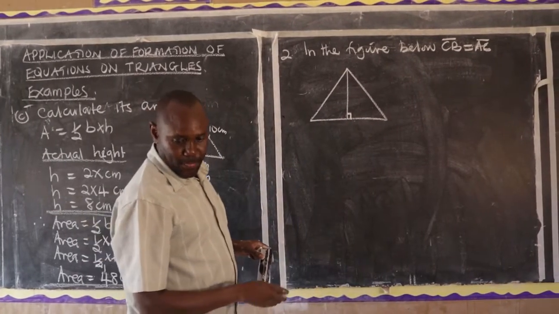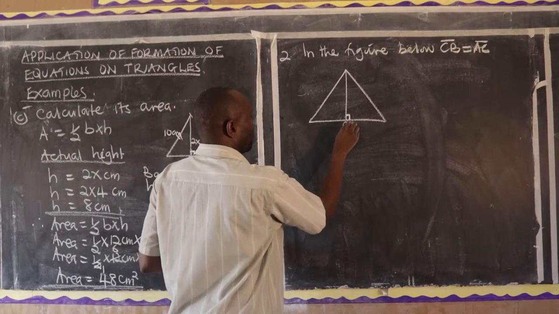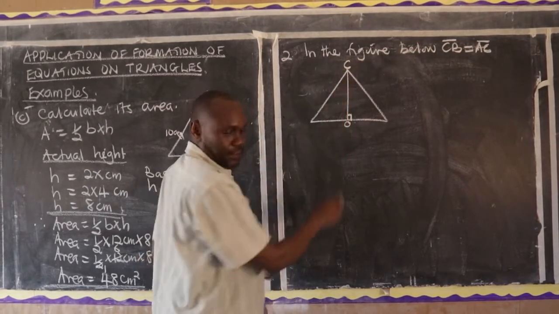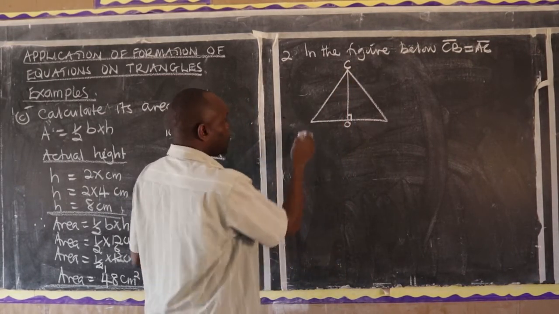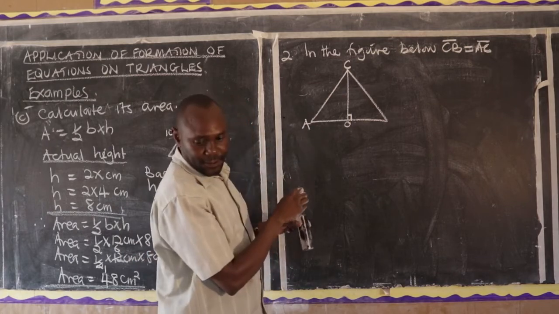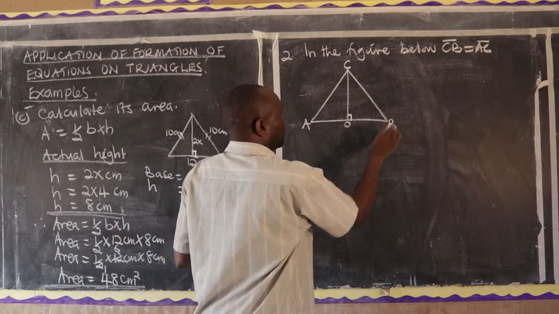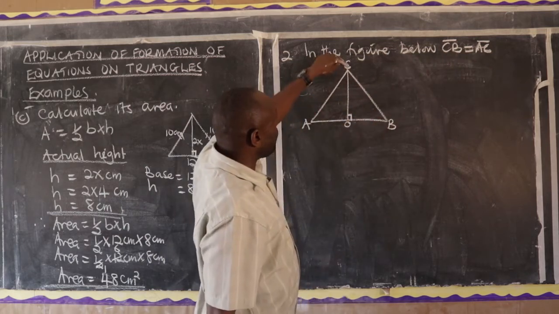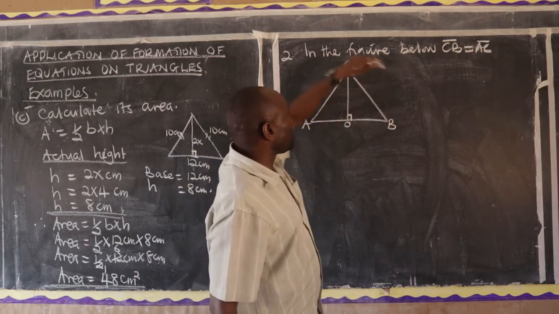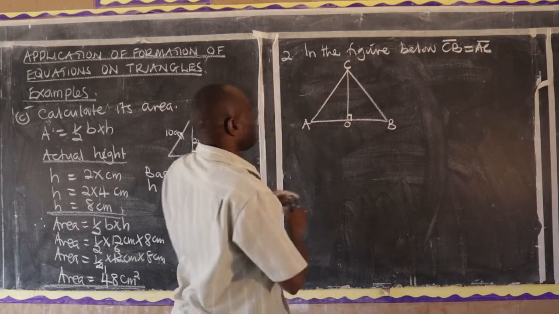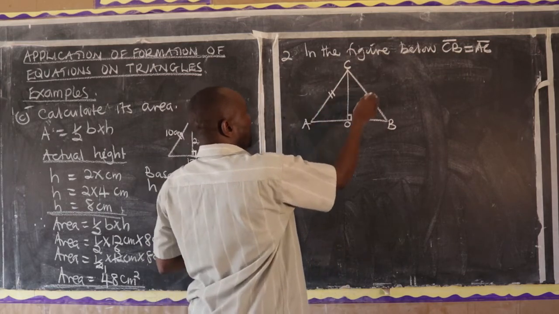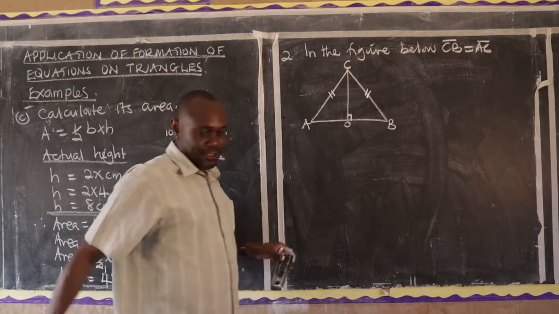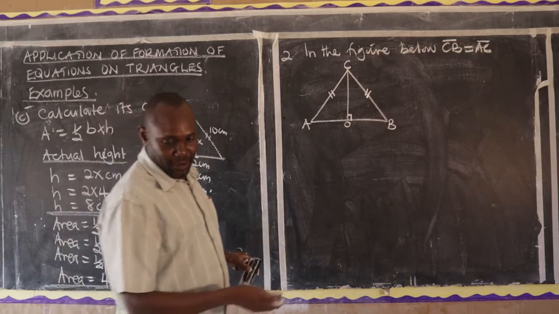This is O, this is C, and this is A, this is B. Remember, they are saying line CB is equal to line AC. So these two lines, this line is equal to that line. So we have here